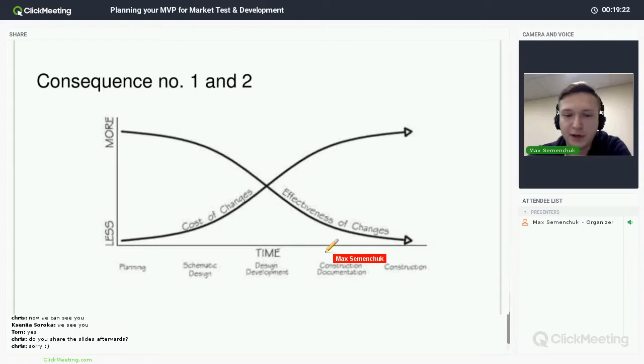So here's your timeline, and at some moment you will go from each step to another. It's not like you select either the first or the second. Usually you do them in sequence. At the moment of planning, then doing design, thinking about how it should work, writing the documentation. The further you go in this process, the higher the cost of change.